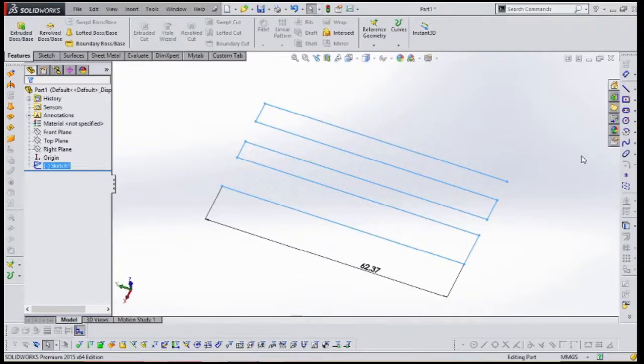We have future sessions on sketching. So that's all for this user interface. I will tell you more things as we go forward in our sessions. Thank you.